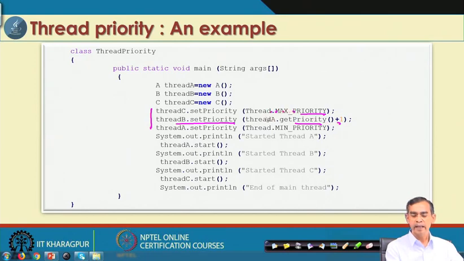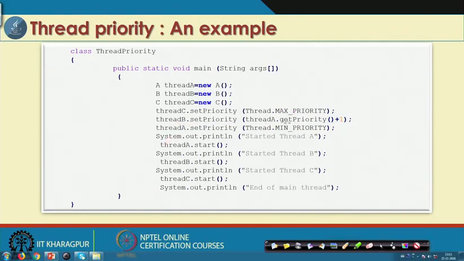That the thread A priority is there, by 1. So, this is how the thread priority is set, and similarly for thread B, thread A priority, also the thread's priority. So, these are the different ways the priority can be set, for different purposes. Thread priority can be set this way.